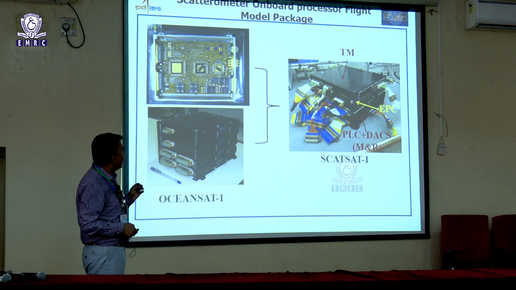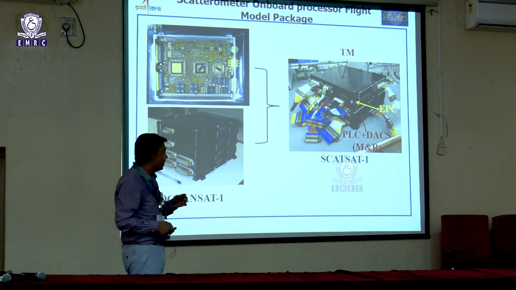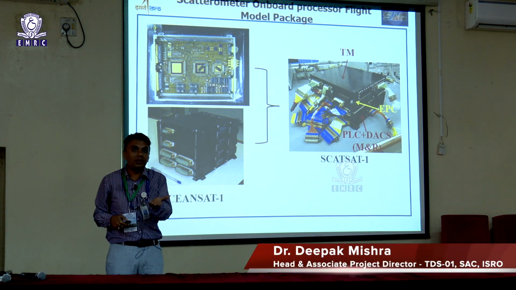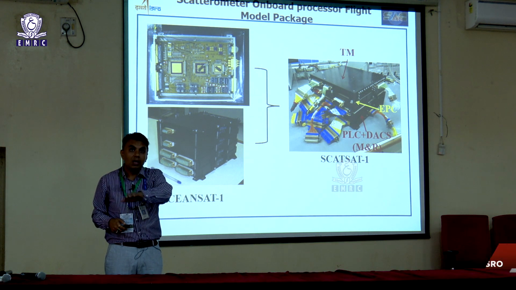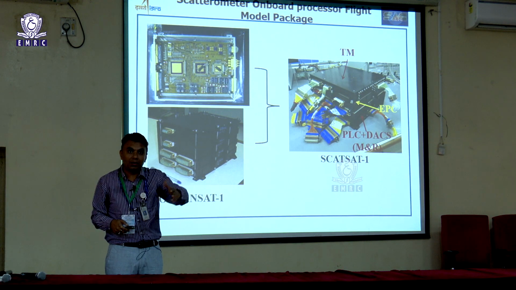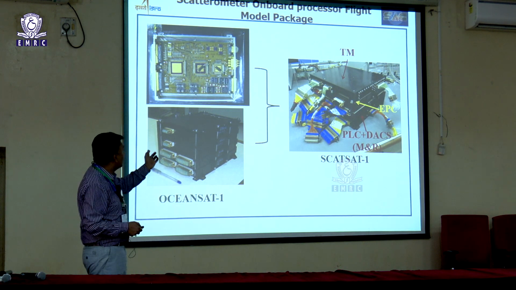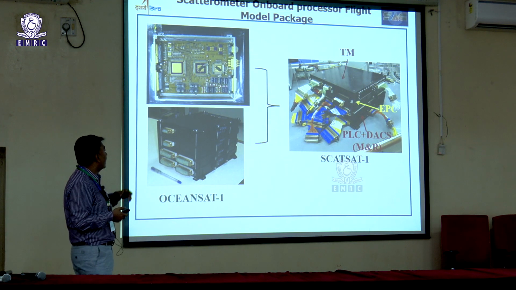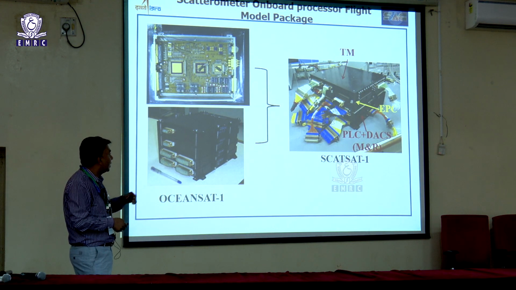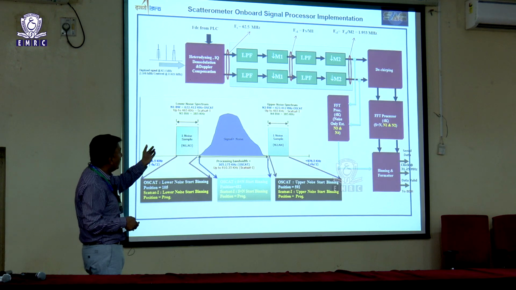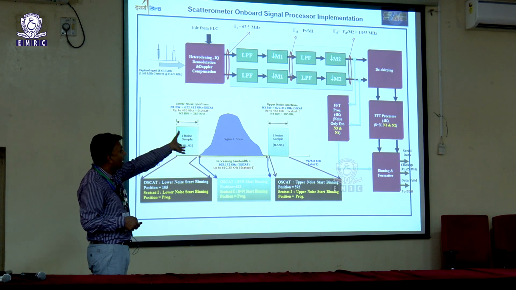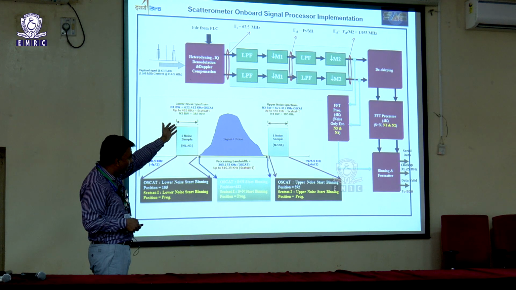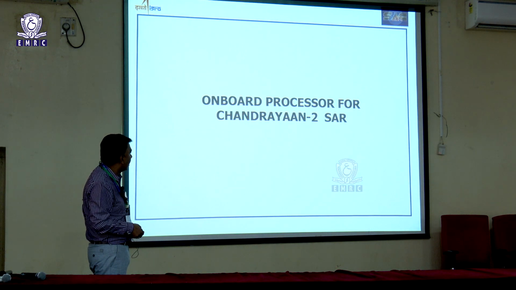Some advanced packages which we develop for remote sensing satellites is called a scatterometer. This payload is basically used for sea wave monitoring. Sometimes the sea is very rough. So for sea wave monitoring, this payload has been flown in the SCATSat and OceanSat satellites. This is the Virtex based design, and this is the package snapshot. Inside this is the algorithm which we have implemented using Virtex 4, where we do the sampling and multi-rate processing and capture the data in SNR.